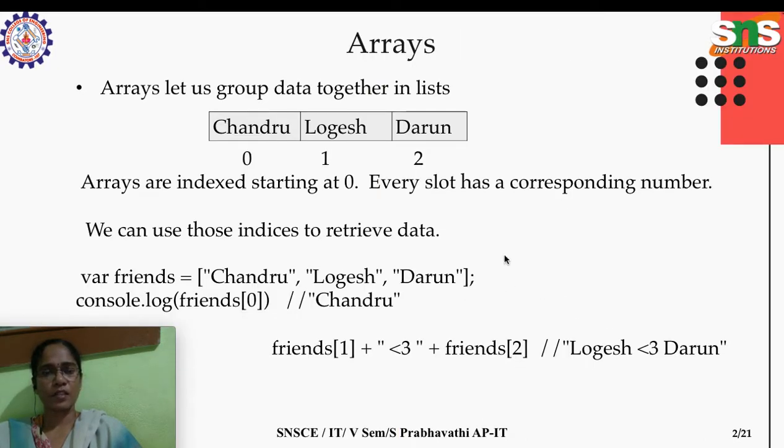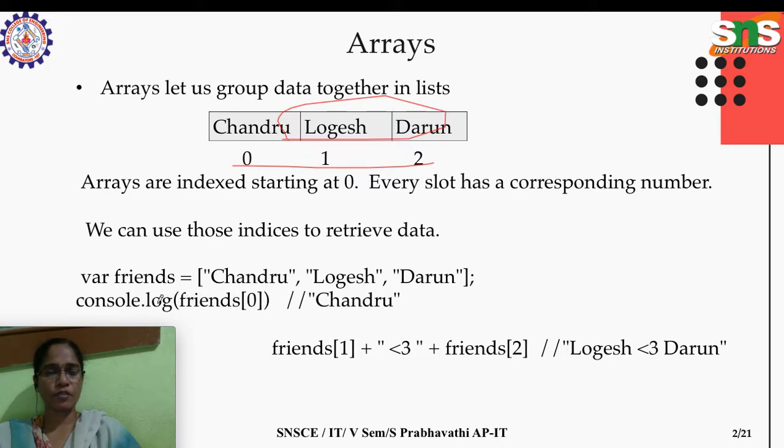And as I said, an array is used to group the items together. So here the array items will be stored in index format, which starts with index location 0, like in other programming languages. The indexing concept is similar, but here the data items within the array can be of dissimilar types. It's not necessary for all the items to be of the same type. Then we retrieve the array items by means of the index position 0, 1, 2, 3, etc. So here is an example. I think you could answer it very well.